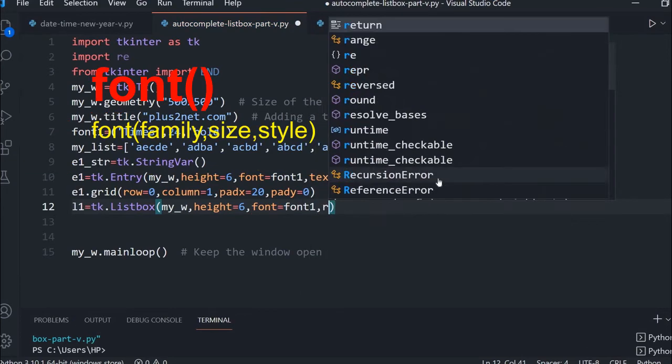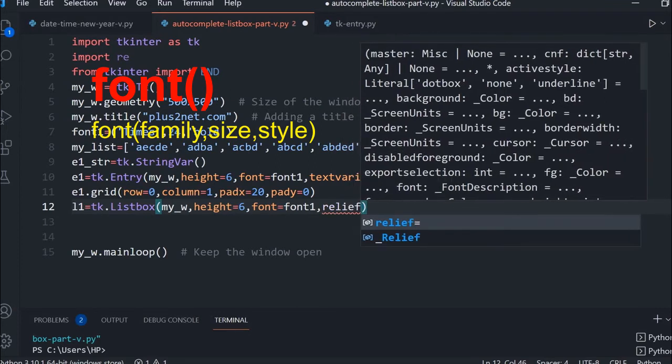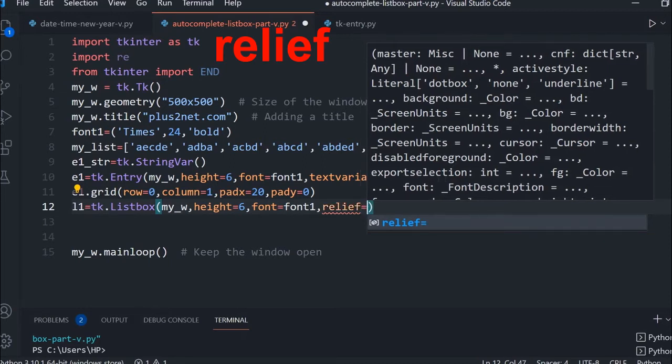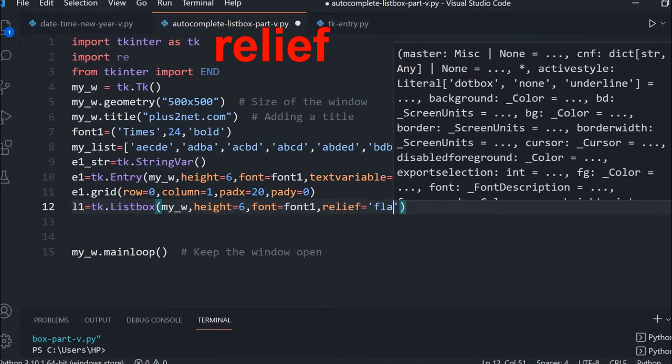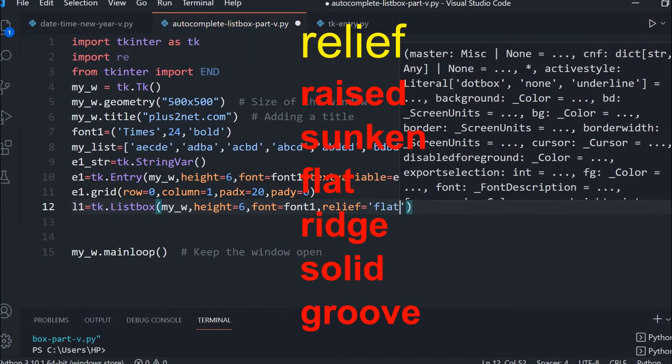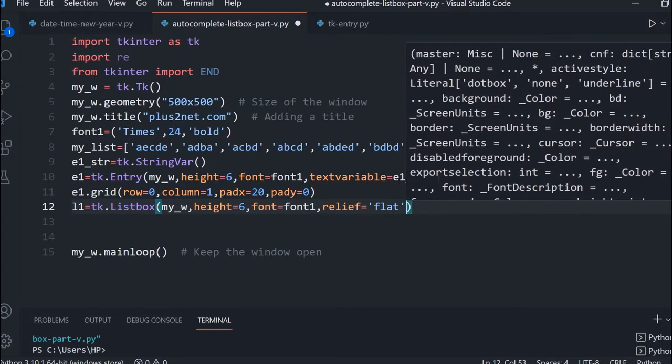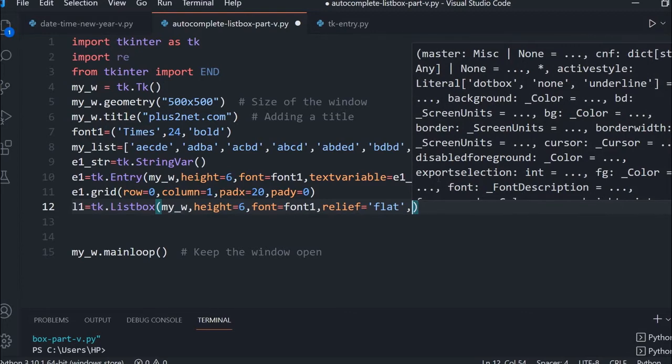Now here is one option I am giving, but if you see our tutorials on the list box, we have discussed this option relief in depth. Now I am using it flat. Why am I using flat? By default it is, I think, raised or lifted or some other, I think 6 different option values are there for relief. We have used flat because we don't want it to be completely flush with our entry widget. We'll see by changing this how the look and feel changes. These are all look and feel, nothing to do with our main scripting.